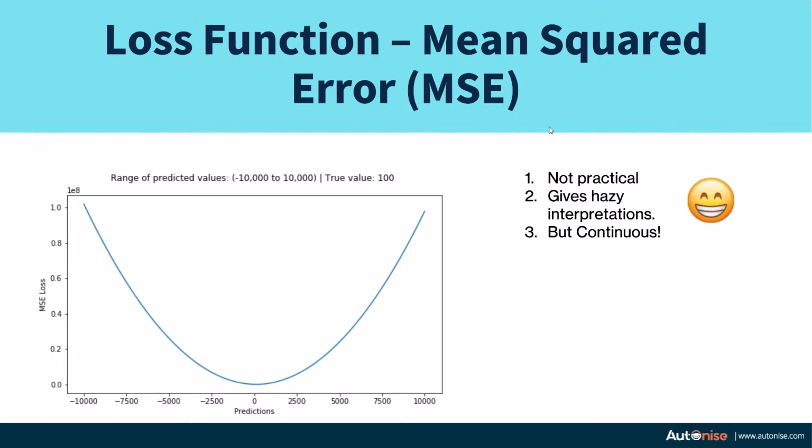So even though it's not a good metric, as it is continuous and it is an okay metric, it's not a bad metric, because if the MSE of a model is low, then there's a very high probability that that model will have a good accuracy as well. So even though it's not the best possible case, as it is continuous and it's good enough, we can use MSE for finding the optimal